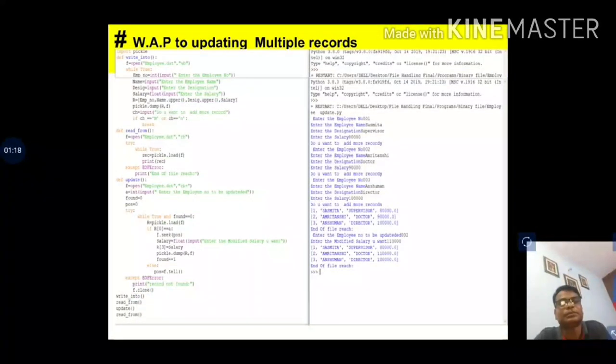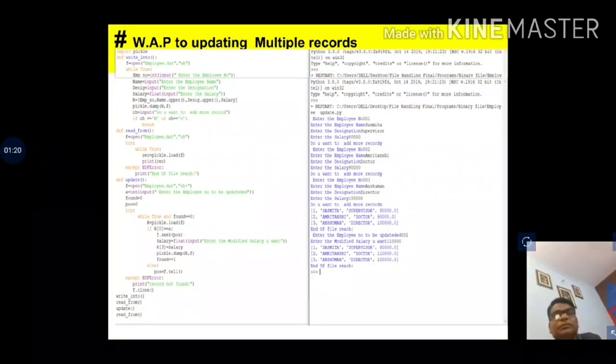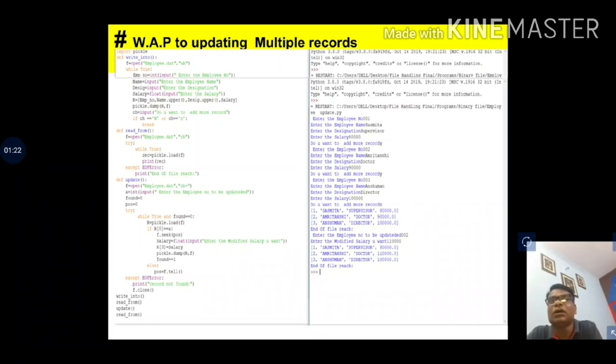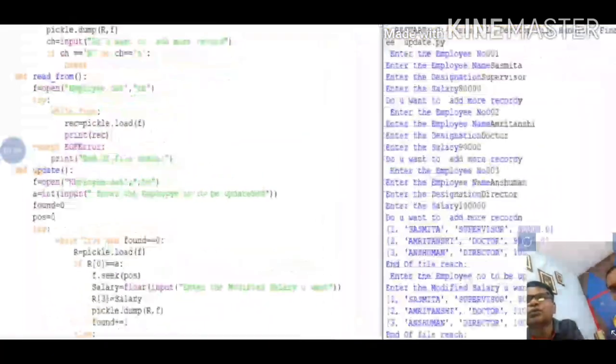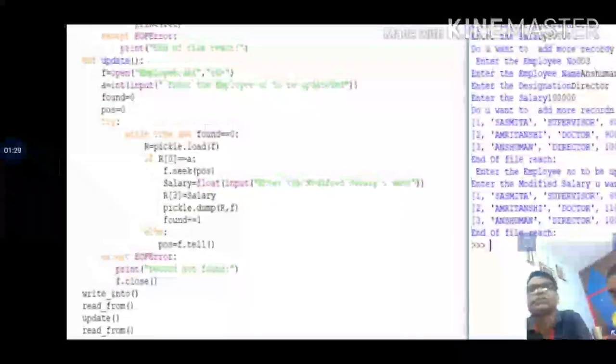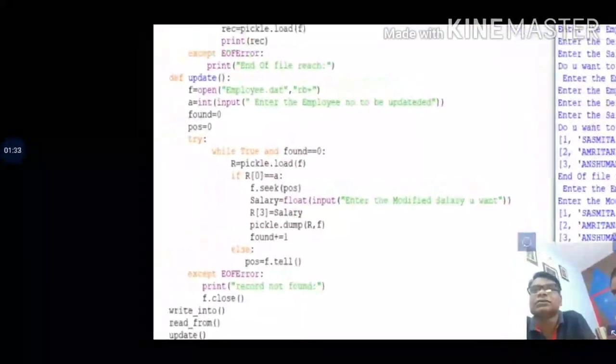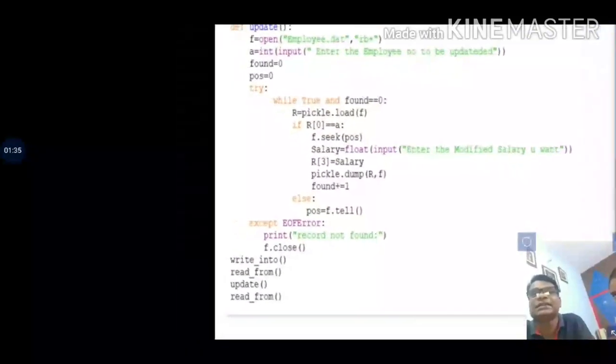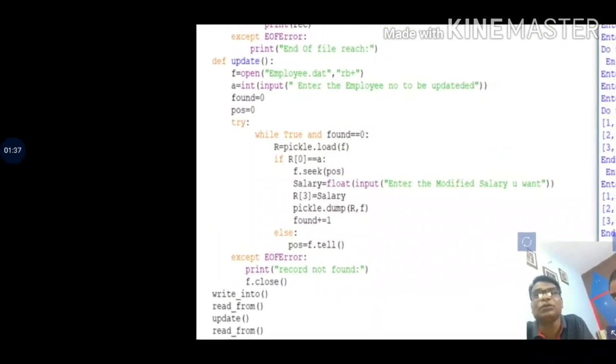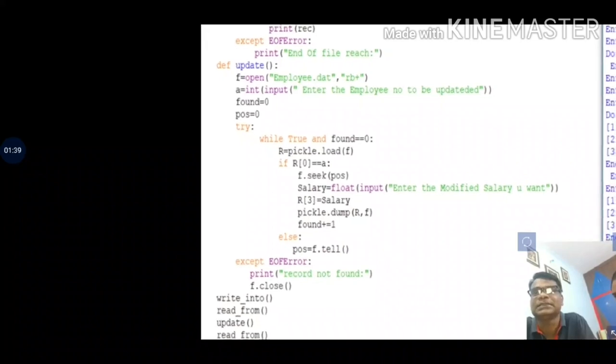Now how to update the records. We have discussed how to read and write, and how to search that file. Now how do you update those files?